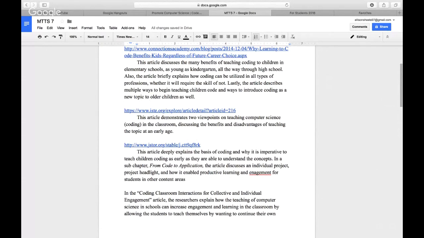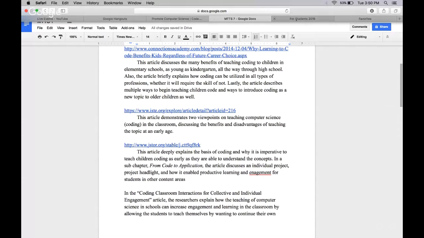And in another article that I saw, there was a teacher called Miss Maz, and she basically described how she taught her children. They were fourth grade students in computer science, and she showed them a program called Scratch and told them how to use it and taught them the basics and how to make different items. And she talked about how they were able to